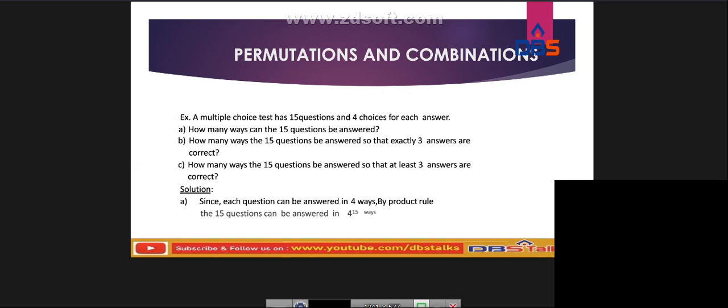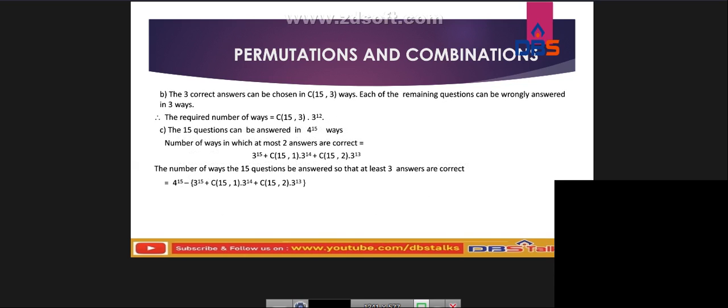How many ways can the 15 questions be answered so that at least 3 answers are correct? See, the 15 questions can be answered 4 power 15 ways. Number of ways in which at most 2 answers are correct, that is 3 power 15 plus C of 15 comma 1 into 3 power 14 plus C of 15 comma 2 into